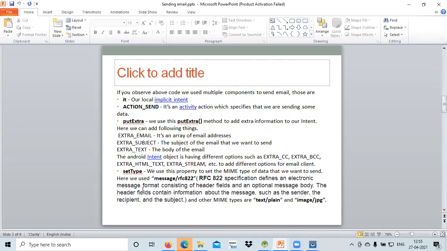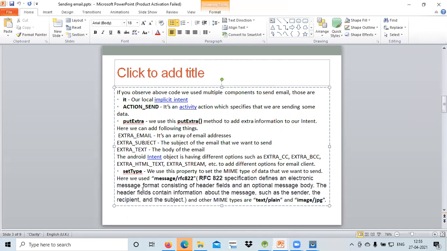So the next parameter is that we need to use the setType over here. So in setType we can see over here that what type of a message we are sending. ठीक है. So in this particular case we use a MIME type of data that we need to send. So we have already discussed this MIME type in the intent part when we initially started with the unit 2 portion over here. Okay, so we have a MIME type information over here. In our case we are using message/rfc822.